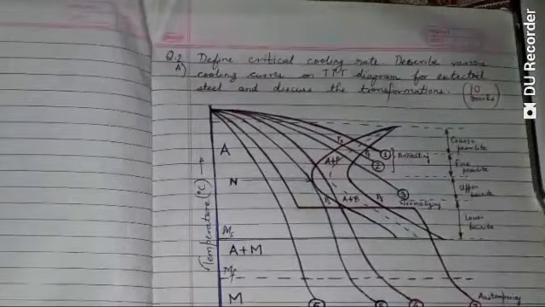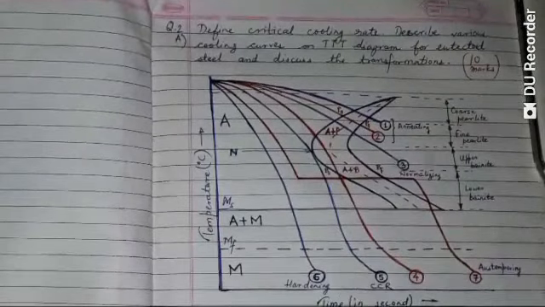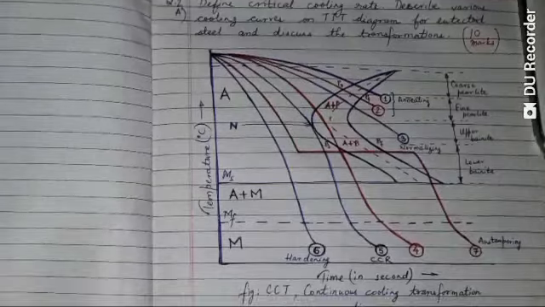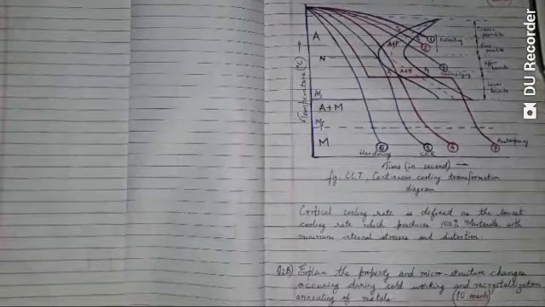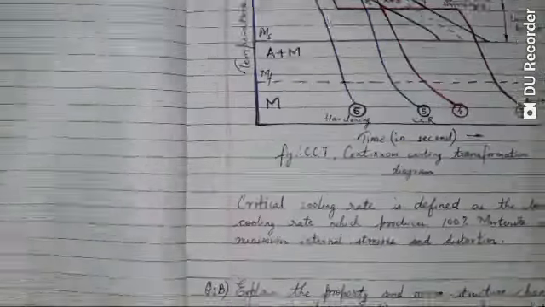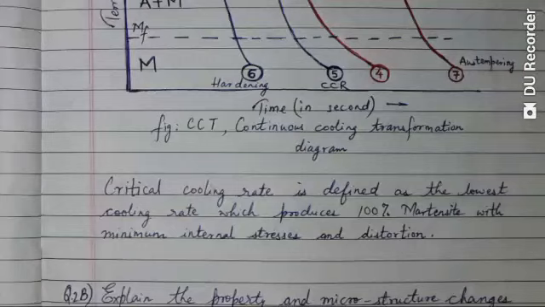Then question number 2A, which talks about define critical cooling rate, describe various cooling curves on TTT diagram for eutectoid steel and discuss the transformation. This is for 10 marks. So what I have done here, I have defined critical cooling rate, which is defined as the lowest cooling rate which produces 100% martensite with minimum internal stresses and deformation. So critical cooling rate, that is CCR, is defined as the lowest cooling rate which produces 100% martensite with minimum